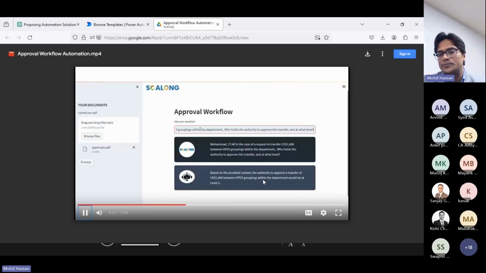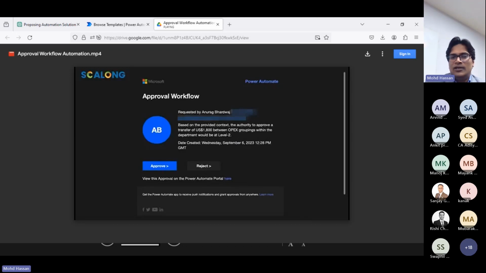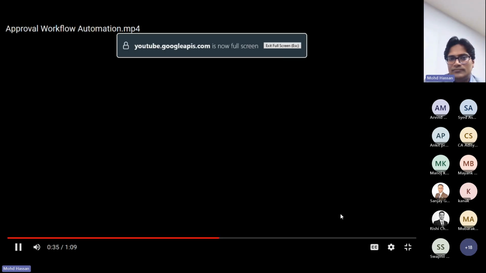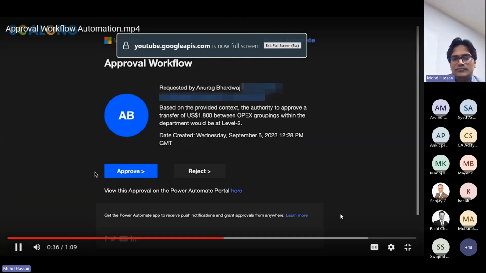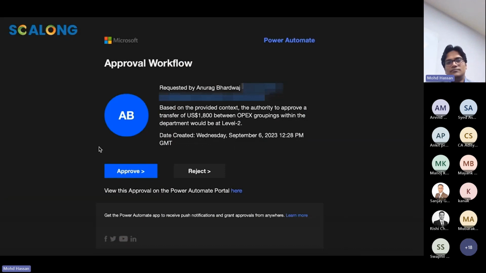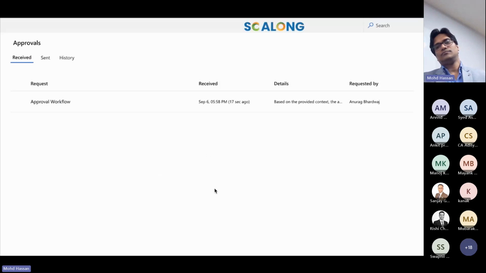Approval is required. A backend workflow is automatically triggered that sends an email to the required manager with the necessary details of the request. The manager can either approve it directly from the email or open it on their Power Automate dashboard, where a consolidated view of all the requests can be seen.